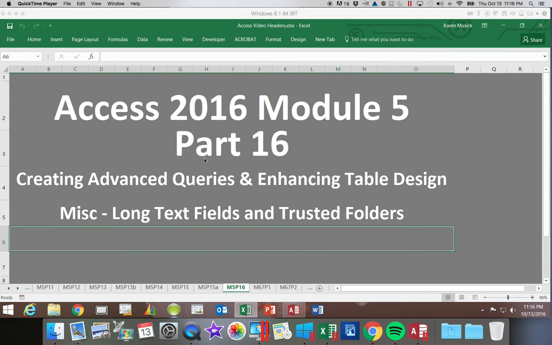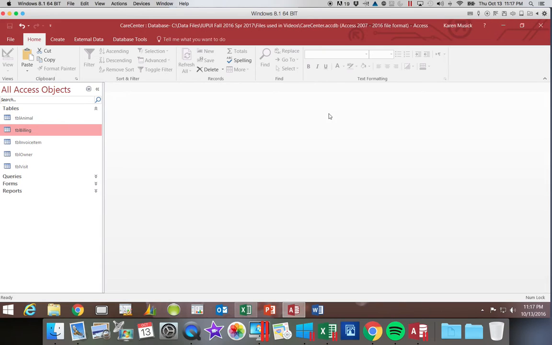This is Access 2016, Module 5, Part 16. We're going to look at a few miscellaneous things at the end of the chapter. The first one being long text fields, and then we're going to look at creating what's called a trusted folder. So we're going to go back into our